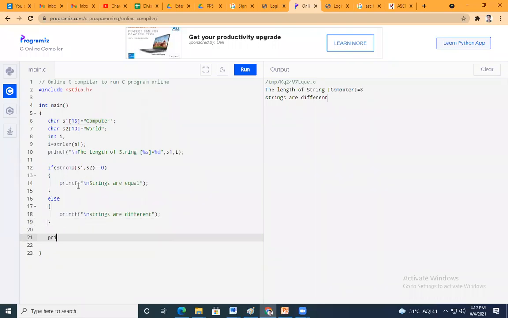Okay, I will write the first message here, printf string concatenation slash append library function. Okay, so I will give these headings for every function.